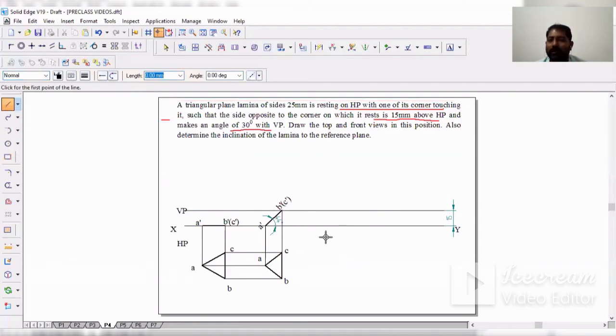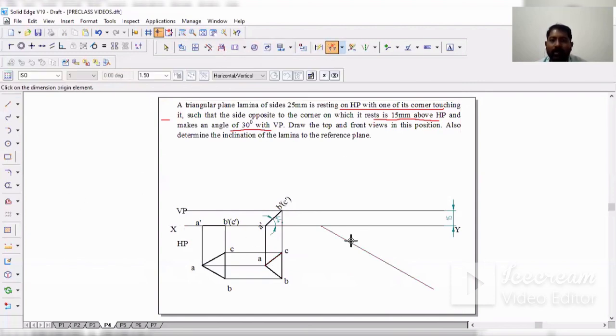Whatever the angle of inclination with respect to VP, that comes below the XY line. For that, take any length, angle is minus 30. Press enter, drag here. You'll get a 30 degree line. I need the second position BC on this 30 degree line. Go to angle between, and measure the angle between these two.